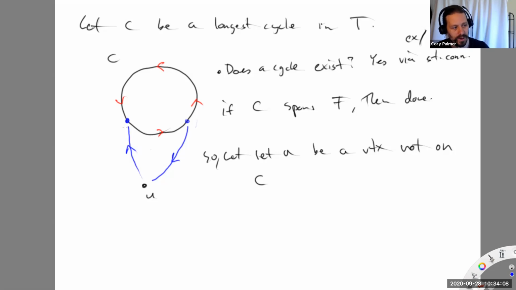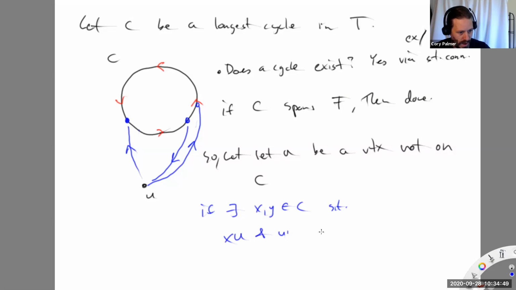In Redei's theorem, we noticed that if we had two of these on the ends, then there would be this transition happening. Same thing happens here. If U points to a vertex and there's a different vertex that points to U, then at some point we can find two consecutive ones that swap like this. As soon as U points to this one, you can check one after another that they all have to keep pointing from U to this, otherwise you get this picture. So if there exist X and Y on C such that X, U and U, Y are arcs,